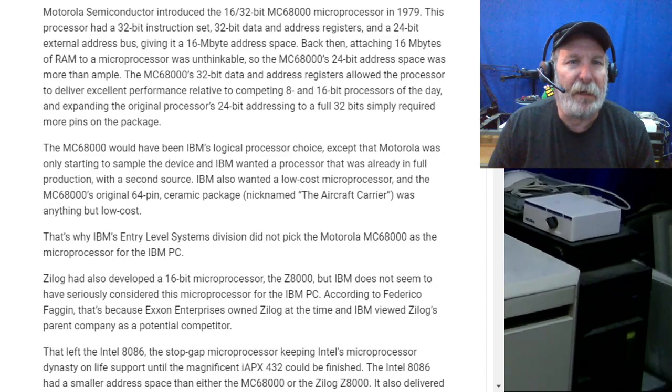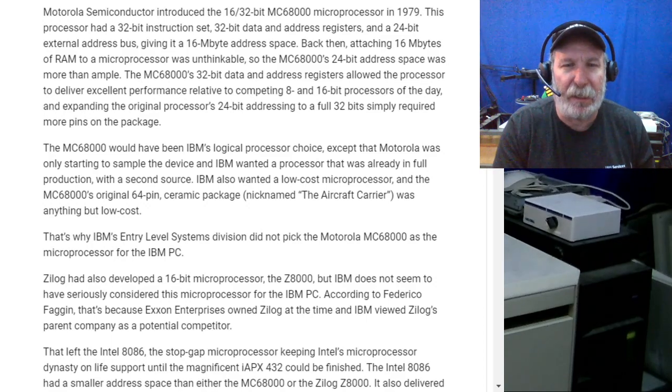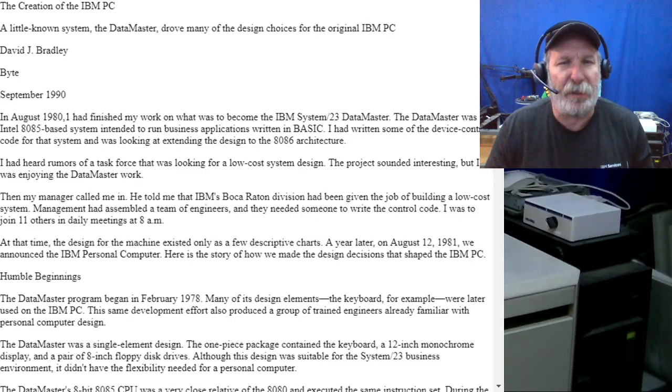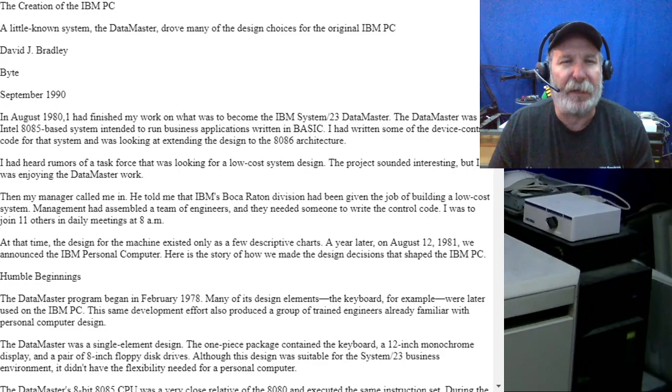And this page is actually just text and a couple of images, and it's a much older article because this is even from September of 1990, which effectively would be 10 years from that initial design team. And that's what it's talking about. This is by David J. Bradley, and going through and talking about the conditions that existed, and